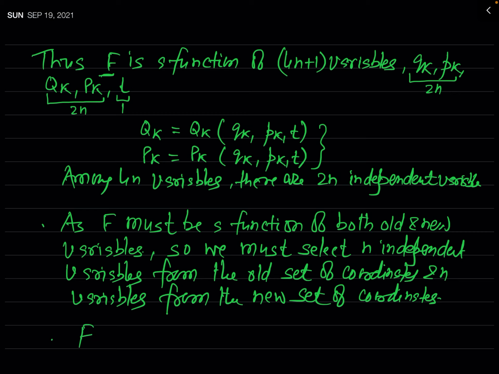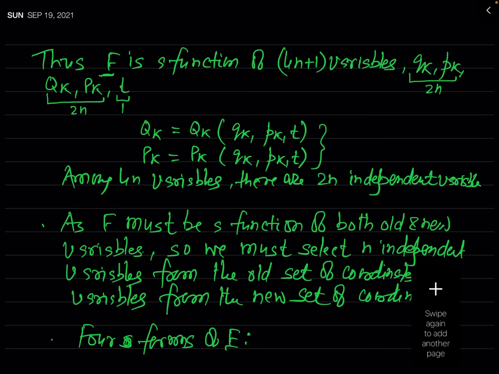So what are those 4 forms? Selecting n variables from old set and n variables from new sets. So you can say that 4 forms of f will be there. And what will be those 4 forms? If you denote the 4 forms of this function f by the symbol f1, f2, f3 and f4, then you can say that the first form f1, you can choose this f1 as a function of